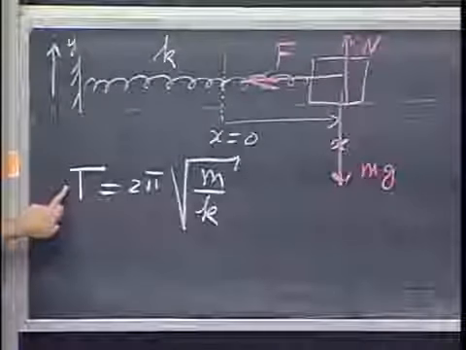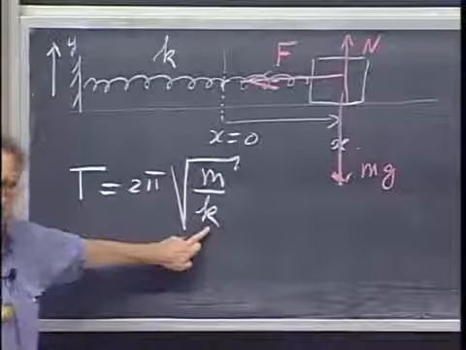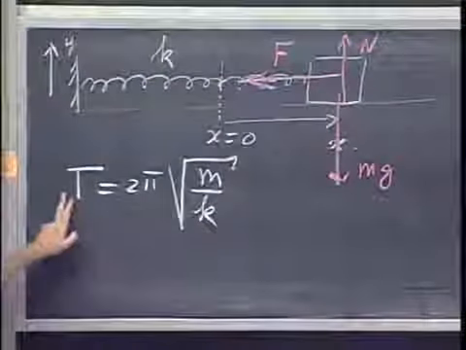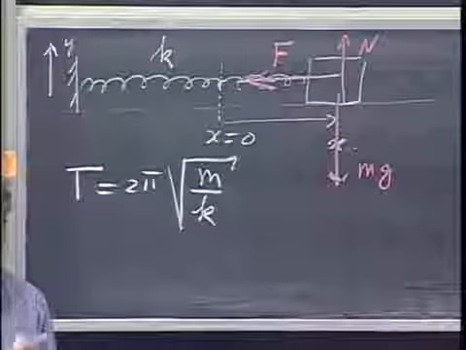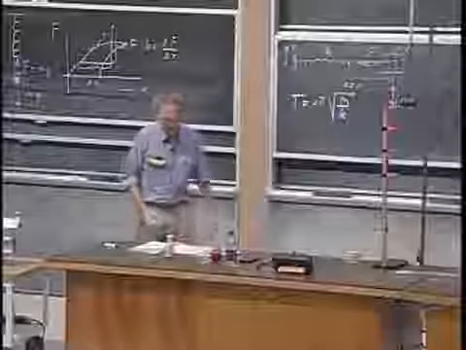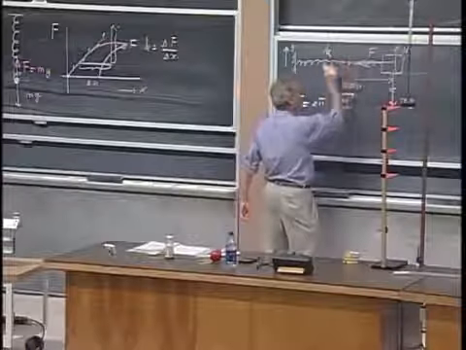In other words, if you measured the period and you knew the mass, then you can calculate k. Alternatively, if you knew k and you measured the period, you can calculate the mass, even in the absence of gravity. I don't use gravity here. So a spring always allows you to measure a mass, even in the absence of gravity. The period that you see, the time that it takes for this object to oscillate